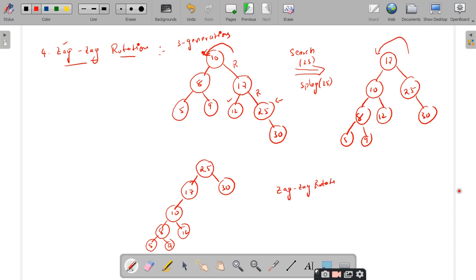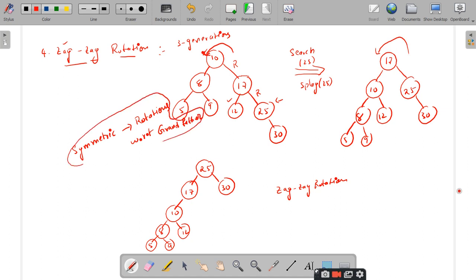Remember that if you have a symmetric relation, meaning right of right, in such cases you have to perform the rotations in the opposite directions, but with respect to the grandfather. This is a very important point you should keep in mind with respect to splay trees. Is it clear up to this point? Clear, sir.